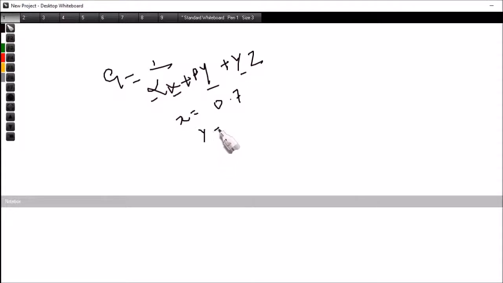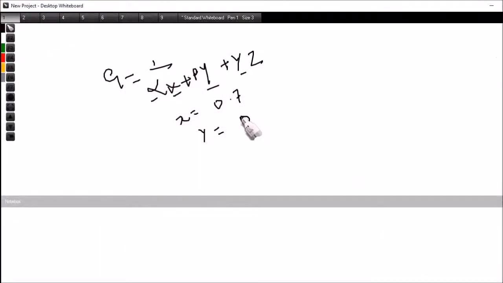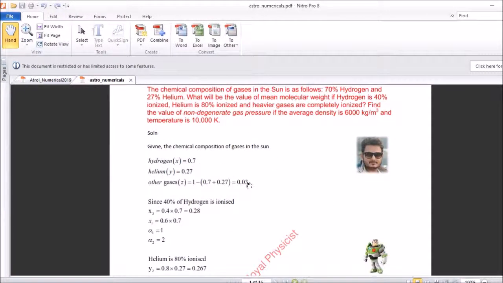Now helium, helium is y, and y is 27%, that is 0.27. Now what remains? x plus y plus z must be equal to 1, then z is equal to 1 minus the sum of these two,